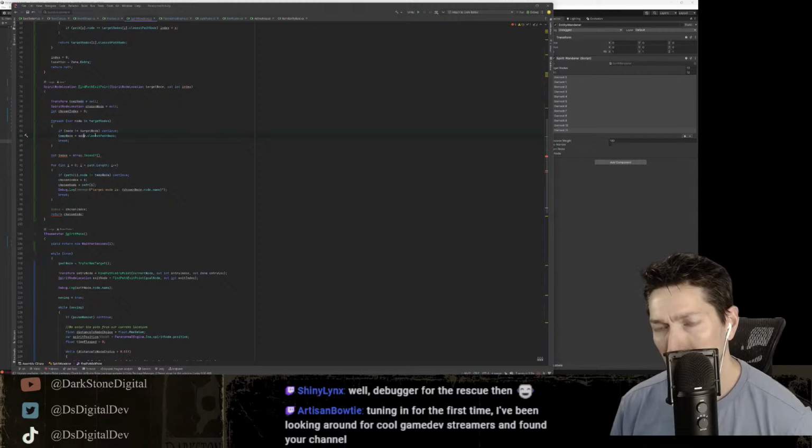I would get node, closest path node, but I'd get the index. Oh my god. Maybe.